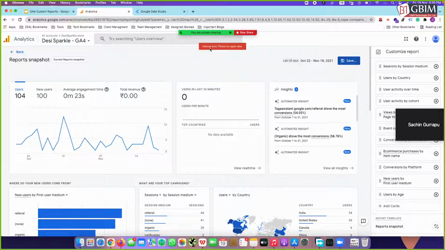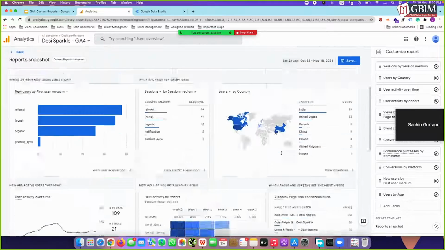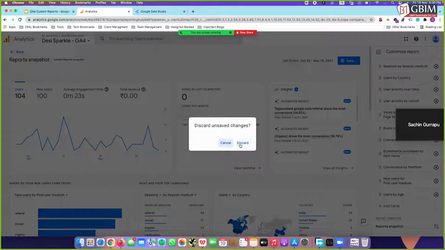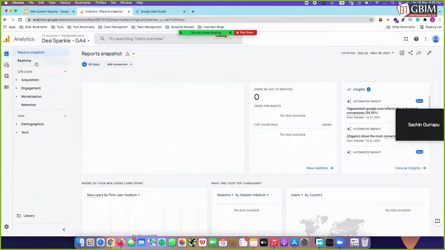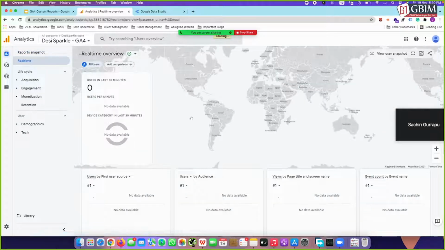So as you can see here, we are receiving this internal error again. So there's no need to panic. Your report gets added, it is just that you are not able to save at this moment. And the next thing that is there would be the real-time things. You can make additions to the real-time tab as well, as per your convenience.